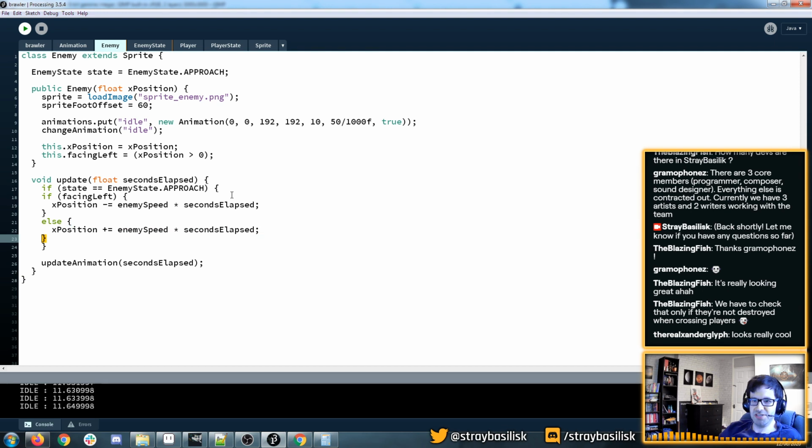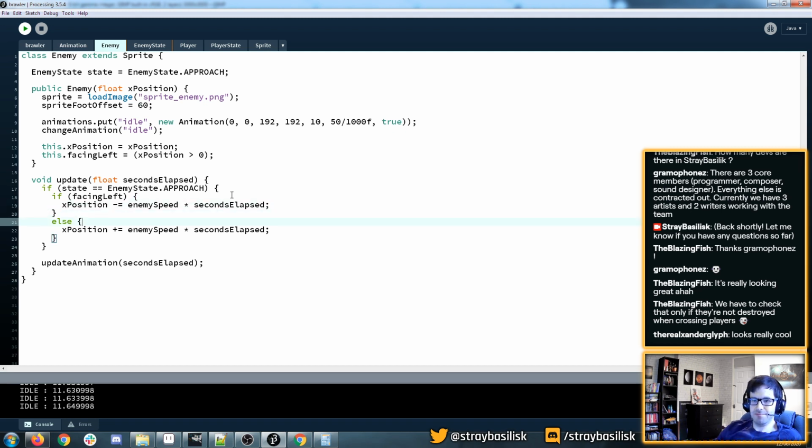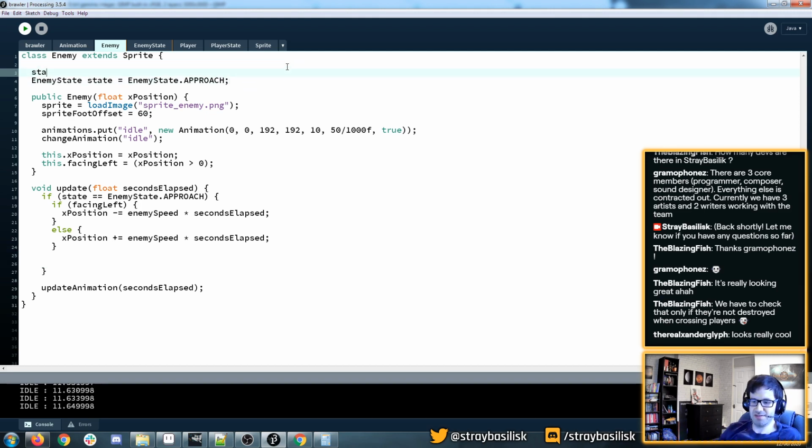Then they're going to come close to you. So they're going to edge towards you if they're facing left. But when they get close enough, we want them to stop and start attacking, right? So what we need to define here is how close they want to get, call it their approach range, and that should be, I don't know, like